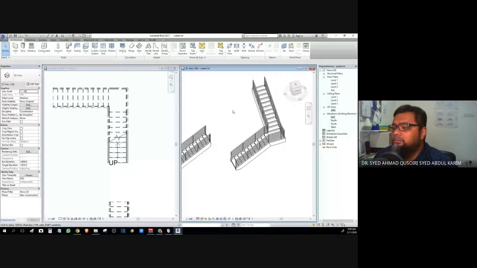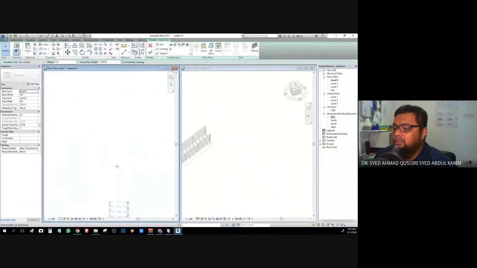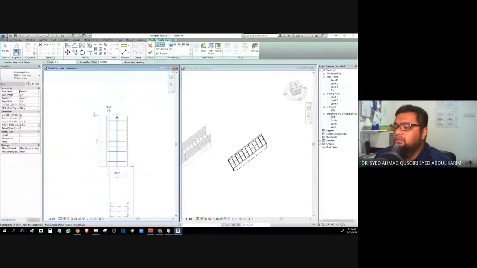So if you did not catch that, let's try that again. Stairs component, just draw a center line for the stairs. You choose how many steps you want. That's one. And then you move the cursor to the side. And then you decide the width of your